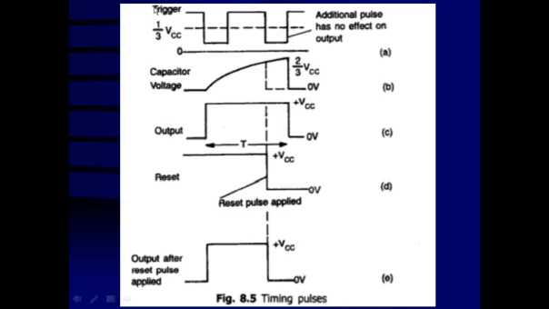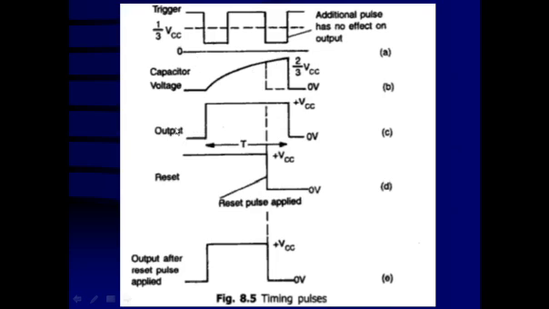This is the waveform. So, this is the trigger pulse. Trigger pulse is normally high. When it makes the transition from high to low, and when the trigger voltage becomes less than 1/3 VCC, then the circuit is going to be triggered, and the capacitor voltage is going to start charging at that time. So at this instant, the capacitor is charging exponentially. So this is the exponential charging voltage across the capacitor, and this is your output.